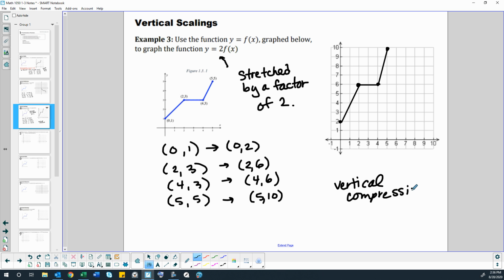If our scale factor that we're multiplying by is less than 1, and by less than 1 I don't mean negative, I mean the absolute value of it is less than 1, so it's a fraction, so maybe it'd be better to say it's between 0